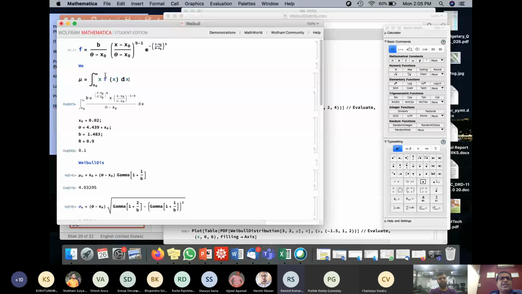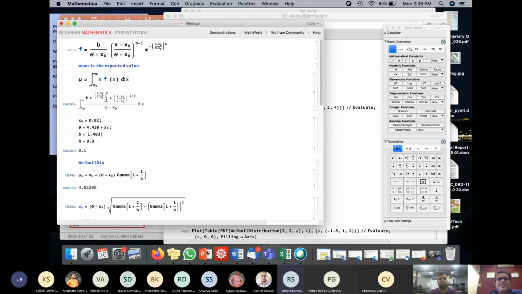This is the definition for any probability distribution function, where f(x) is the probability density function. Mu, or the mean, is the expected value, which is defined by the following equation.